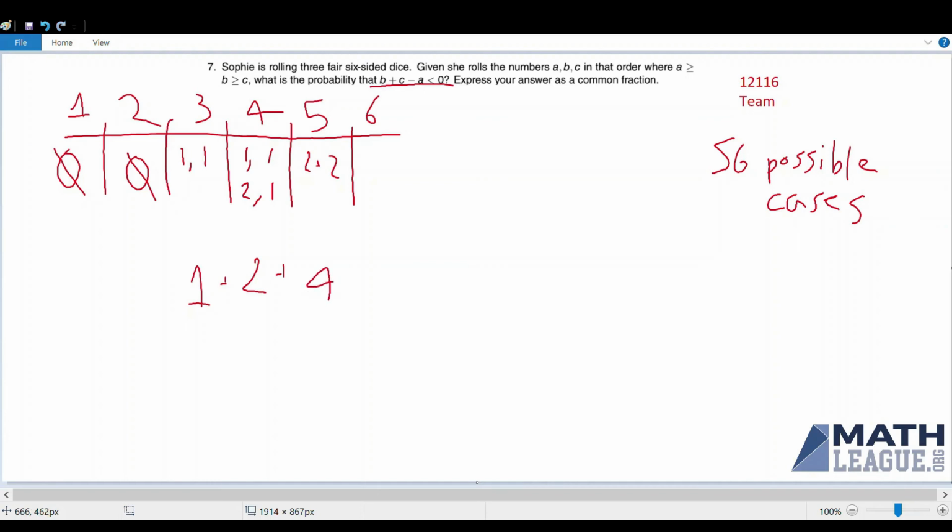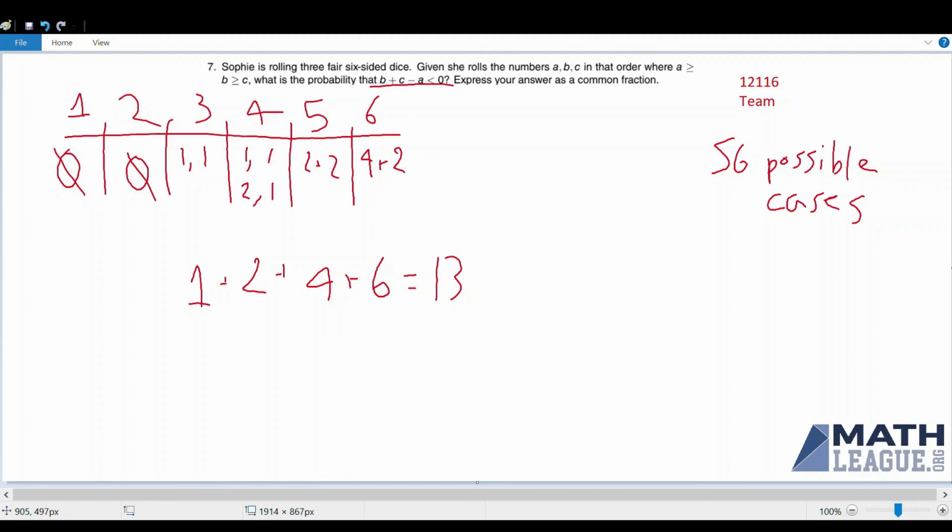When A is equal to 6, we've got those 4 cases originally, and then we've got 2 more cases where B and C sum to 5. That'll be either when B is equal to 4 and C is equal to 1, or when B is equal to 3 and C is equal to 2. So that adds 2 more cases here for a total of 6 cases when A is equal to 6. So altogether, we have 1 plus 2 plus 4 plus 6, or 13 possible cases that satisfy our inequality. So we have 13